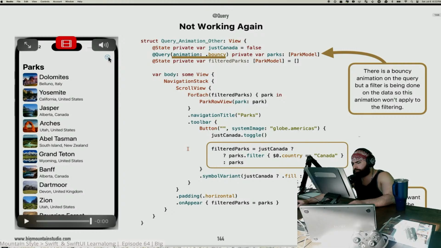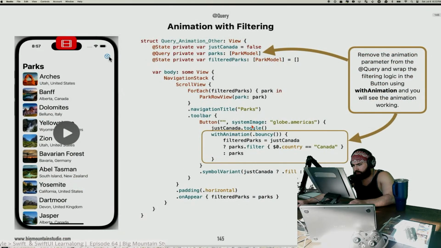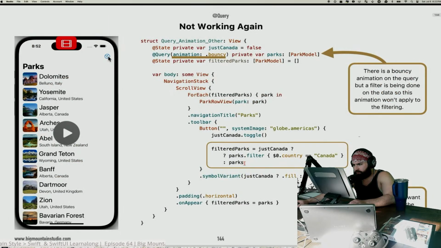Okay. Filtered parks equal just Canada, or, what is this double question mark? Does he tell us on the next? No. Double question mark. This is ternary. So an or, so like this is like writing an if else, but what is